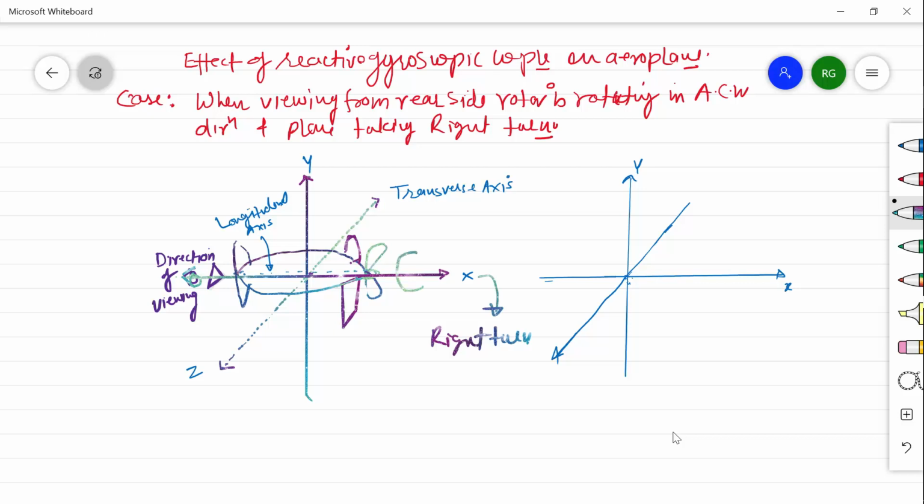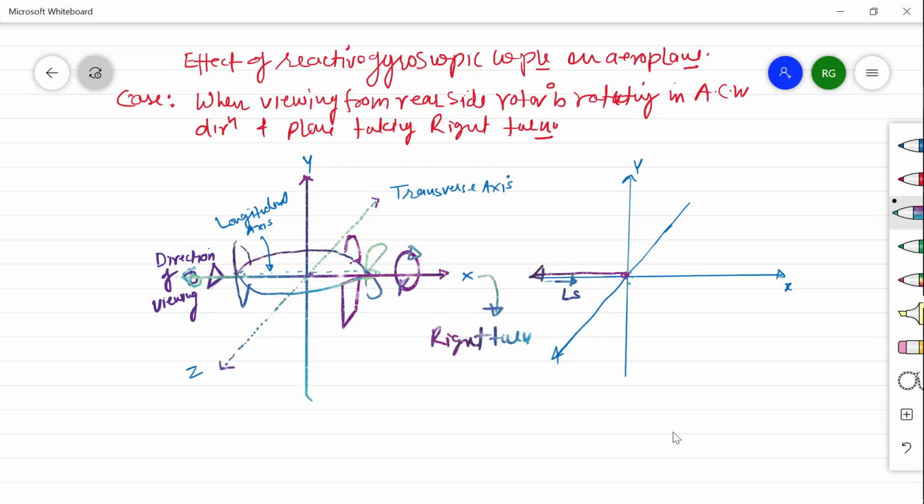direction. It is rotating in this direction. So in this situation, we know that according to the right hand rule, the angular momentum vector is rotating in anti-clockwise direction, and when we are viewing from this side, if we curl our fingers in anti-clockwise direction, our thumb will point in this direction. So we can say this would be the angular momentum vector. And when the plane is taking a right turn,